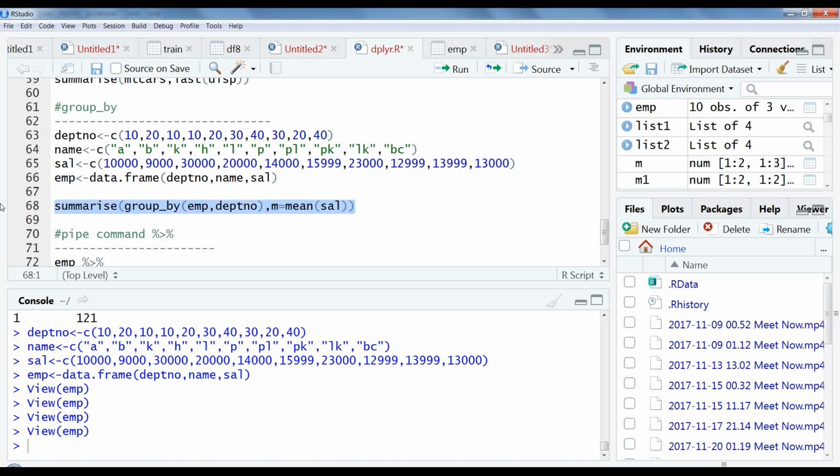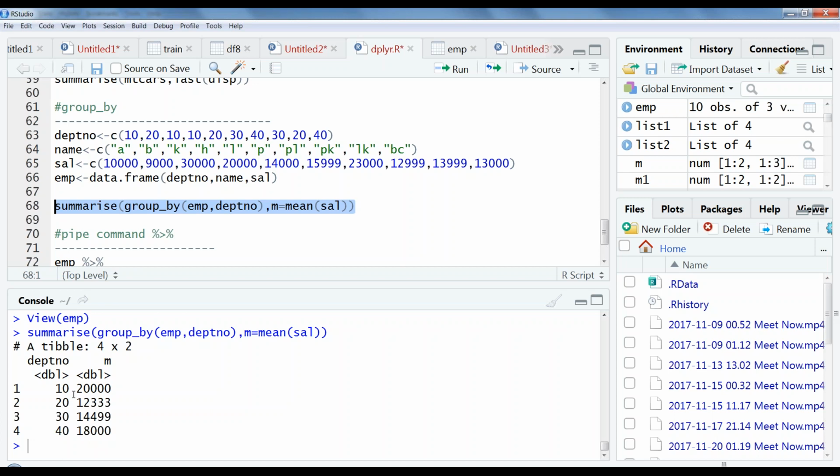So I want the mean of salary department wise. If I do this, for the 10th department it is 20,000, the 20th department is 12,333, the 30th department is 14,499, and the 40th department is 18,000. So like this we have the mean for each department. Moving on, likewise we can get simplified data with the help of these functions.